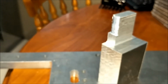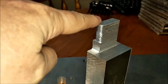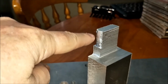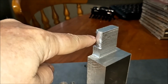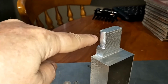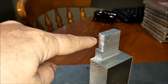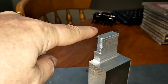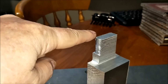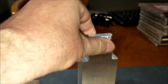The second mistake I made there was that I got lazy. Instead of rewriting the G code and making it a 40 mil cut, I left it at 25 mil and I put the cutter down 15 millimeters, re-zeroed it off to here, so this became the 0 point, and then it would have cut the 25mm, which would have taken it to here. Except the problem there is that, when I brought the cutter back up to the top here, it goes to the feed plane, and the feed plane is 5mm above zero. So basically it came down to somewhere about 10mm below, and then tried to drive across to the start point,